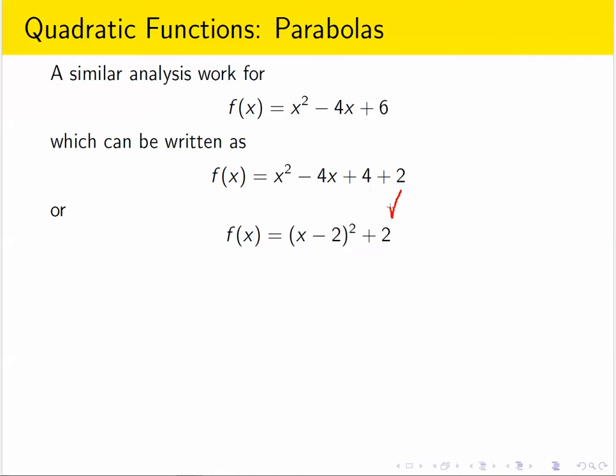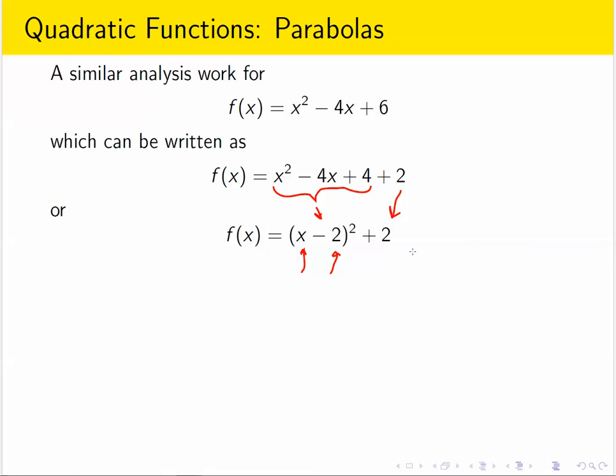So the 2 moves down to the next line, and the first three terms are being rewritten as x minus 2 quantity squared. And the same reasoning we used in the last example tells us that the lowest point on this graph will be when x is equal to 2, because plugging in a 2 will produce an output of 2 minus 2 squared, which is 0,